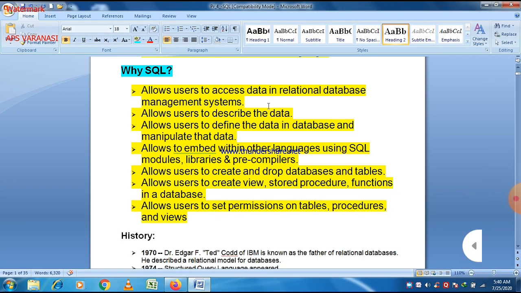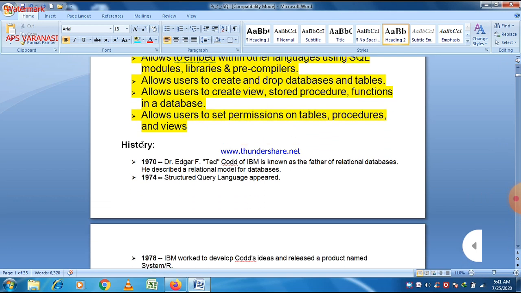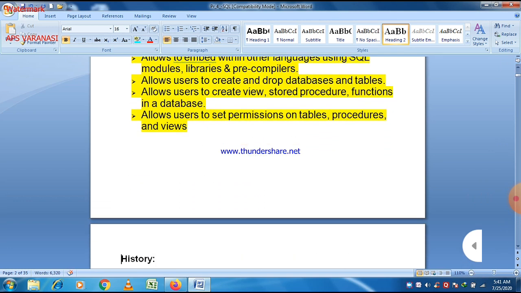That's why we use SQL, Structured Query Language. And there is a history of SQL also. Actually, SQL is used with RDBMS, Relational Database Management System, and the concept of Relational Database Management System is given by Dr. E.F. Codd. So there are certain principles that should be followed by each and every RDBMS, and only if they follow these principles, then we say that this is a proper RDBMS or not. So this is a brief history of SQL.